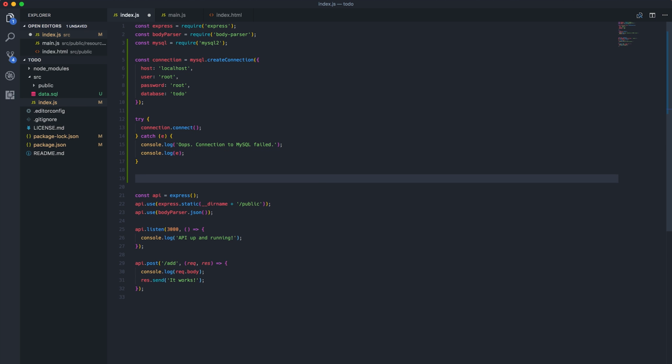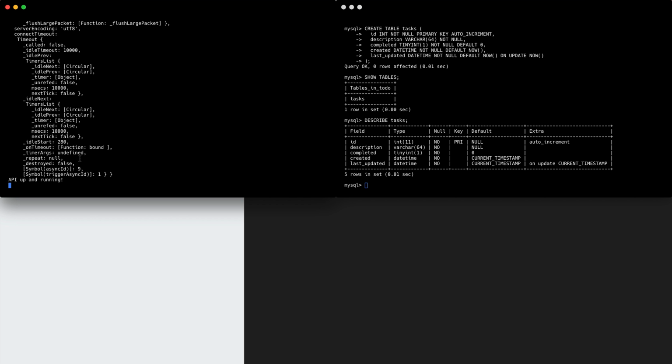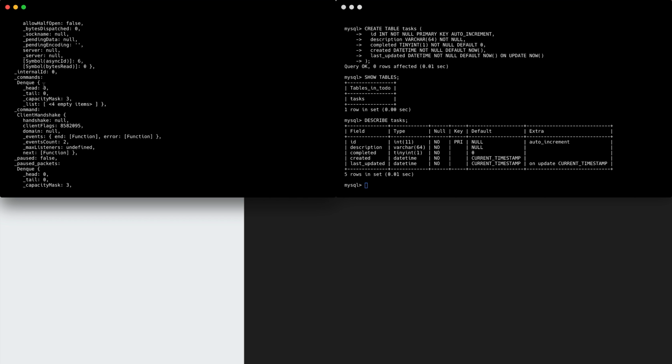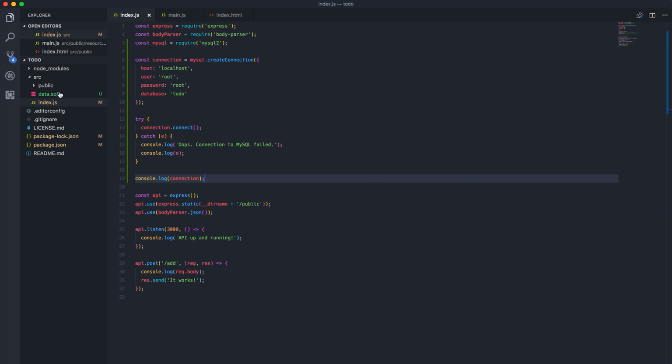we don't really have anything to say that we have. We didn't get the error, which means that we're connected, because the connection.connect actually went through. That's the whole thing of try catch. You can Google that on Mozilla Developer Network or whatever. But console.log connection, just to make sure that you can see whatever connection is. As you can see, you get a huge object of information